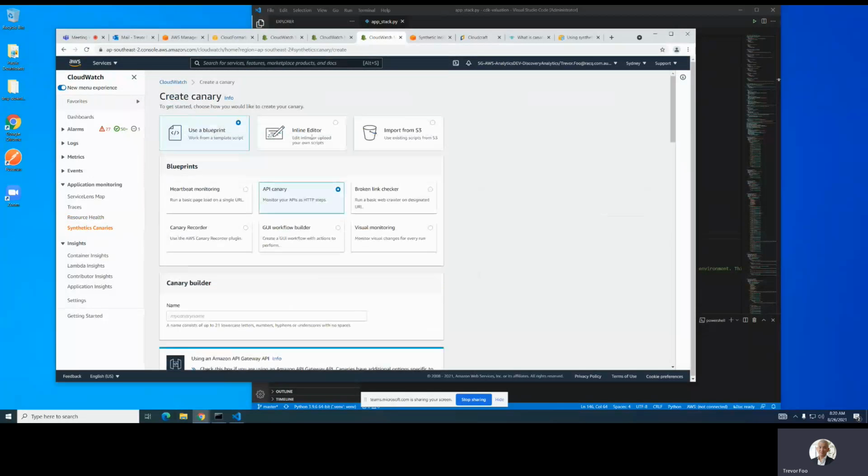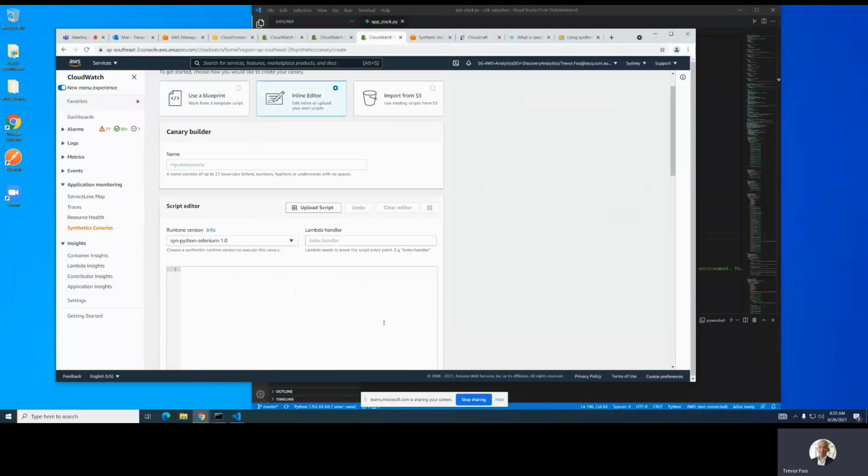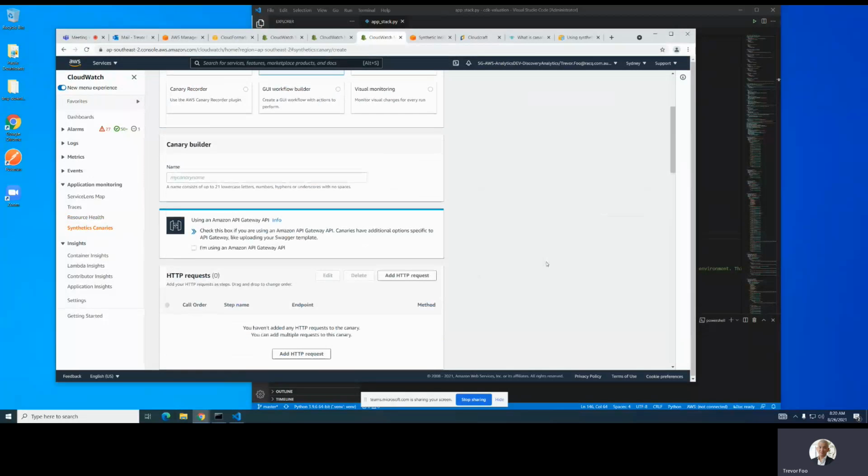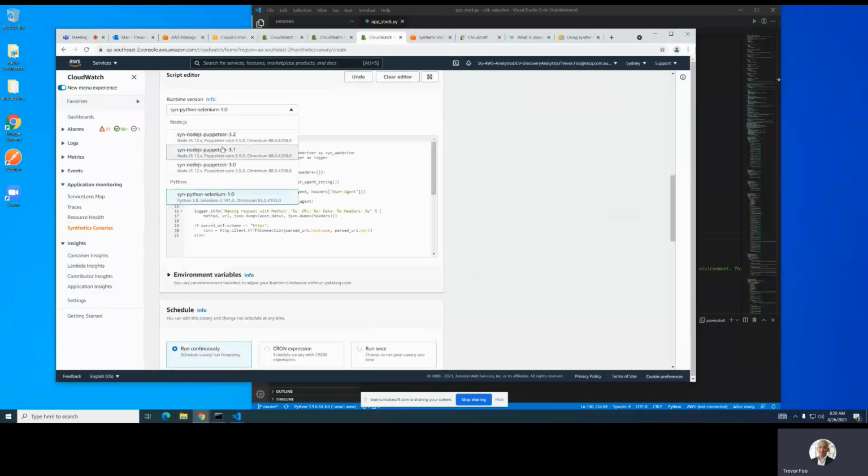You can use other methods, so importing a script or inline editor, if you wanted to code everything up from scratch, but if you use a blueprint, they've got a template. So API Canary, scroll down, you've got a few options. You can use Node.js or you can use Python. I've just selected Python. And you can see it's just importing JSON, an HTTP client, a URL parser. Then it's just going through the process of,